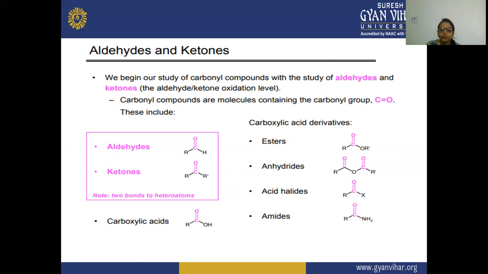In the case of aldehyde, and in the case of ketone it can also be, because both alkyl groups can be different. For example, one R can be methyl and on the other side it can be ethyl. So the two groups can be different. In the aldehyde, this is the formula: the carbon is bonded on one side to hydrogen and on the other side to R, that is an alkyl group.